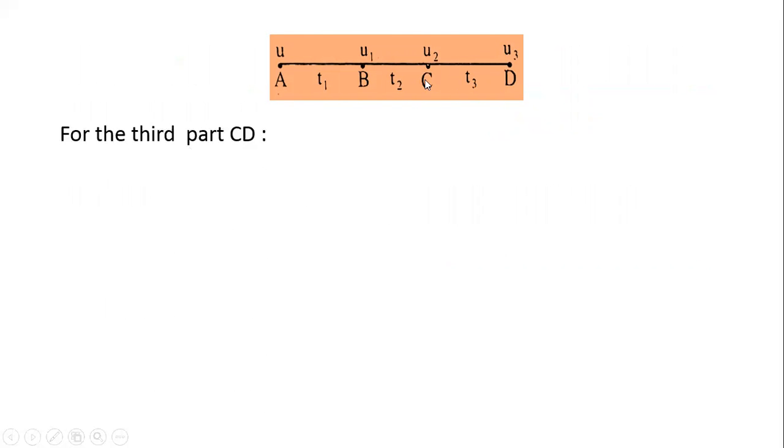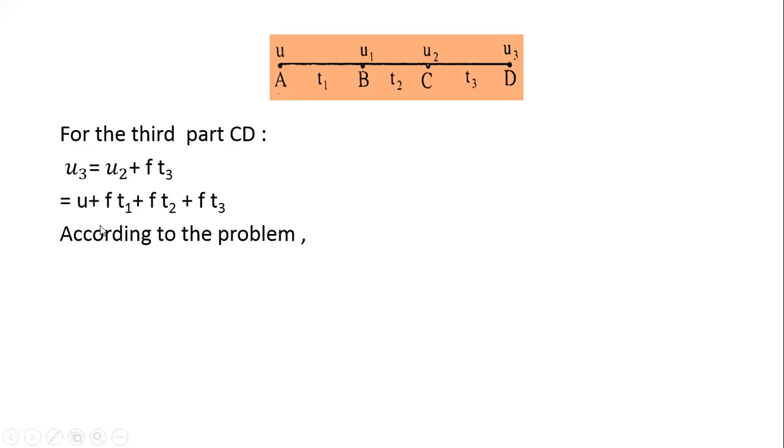For the third part, CD, here u3 equals u2 plus ft3, where the initial velocity is u2 and the final velocity is u3. So we get this formula using v = u + ft. If we put the value of u2, then we get u3 equals u plus ft1 plus ft2 plus ft3. According to the problem,